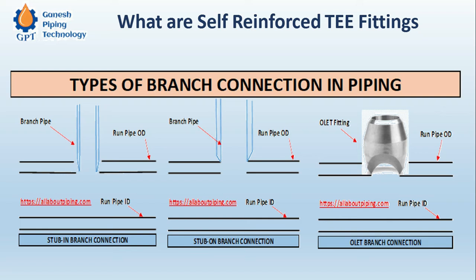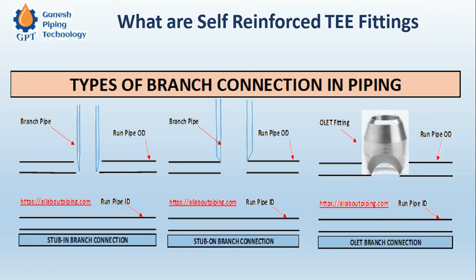So for that, we are compensating for the material which is removed by drilling in the header, and for that we are using a reinforcement pad. If you watch the video, you can see how that reinforcement pad looks. So the condition for using stub connection, stub T, is that for every stub joint, maybe there are say 600